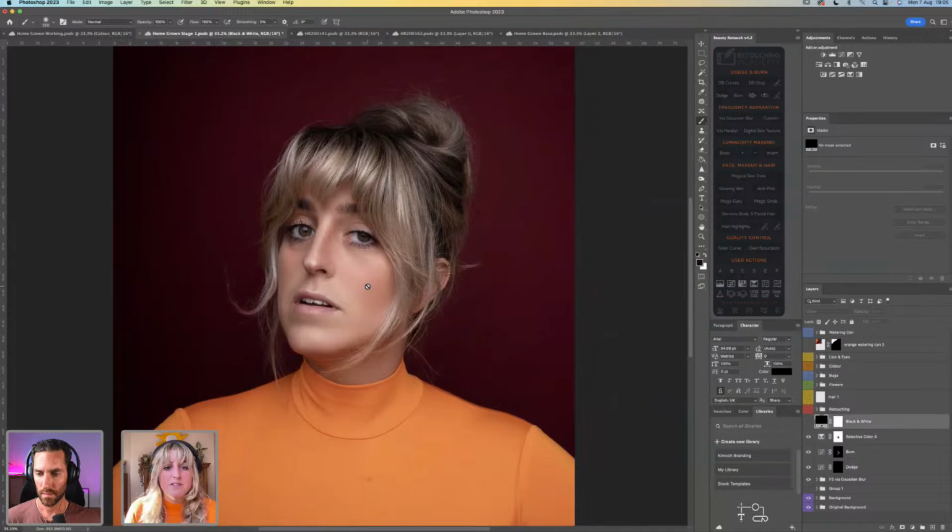But the next thing that I was going to do, so that's basically what I would do for frequency separation and for the retouching side of things. But I'm going to bring back in, in fact, if I,